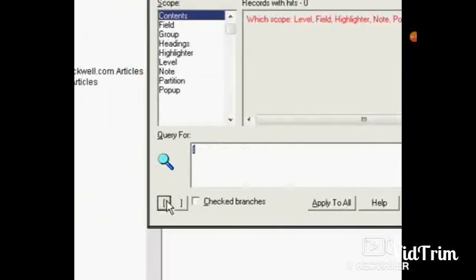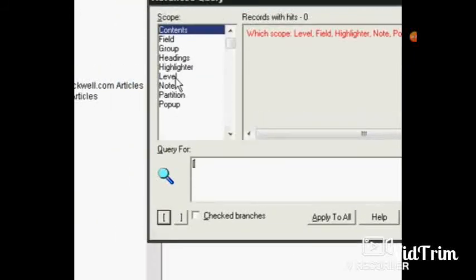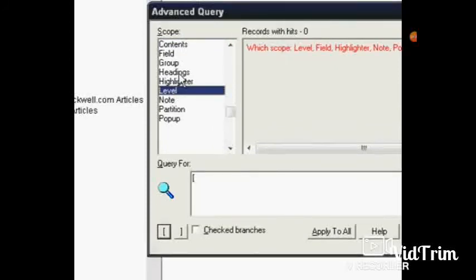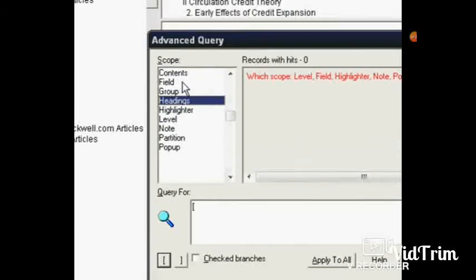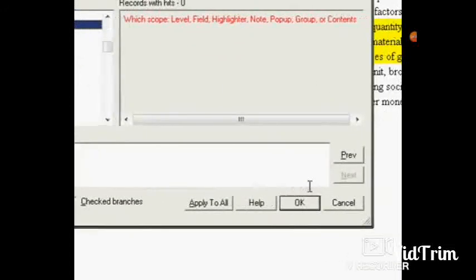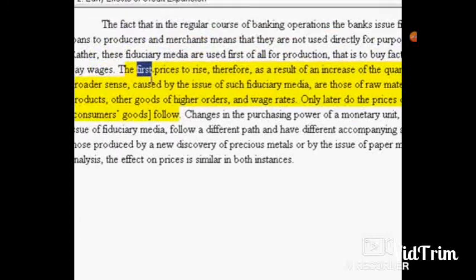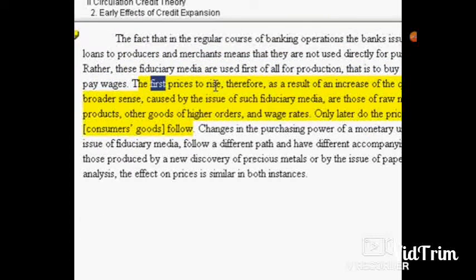As you get even more advanced in here, you can do some things with level. You can do some things with headings that I haven't covered. The footnotes that are within this document, I use fields. I'm not going to cover that right now, but just to let you know that there are even more options in your searching. So Folio Views is very powerful in what it allows you to do,